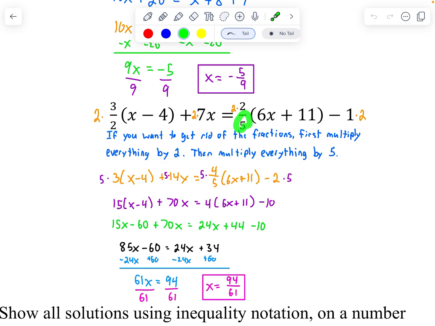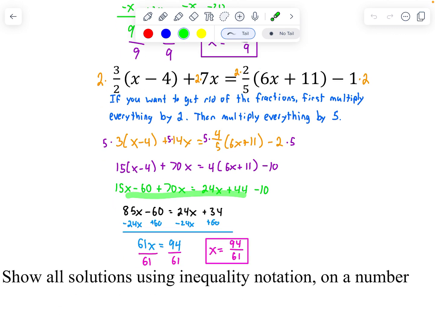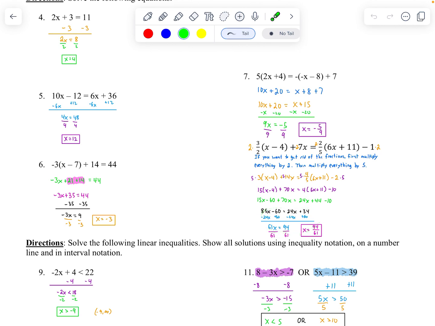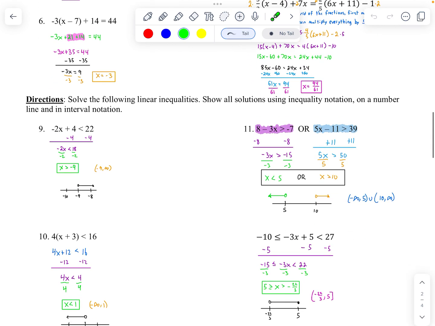Then I got to get rid of this 5, so then I multiply everything by 5. These 5s cancel, and then 5 times 3 became 15. 5 times 14 became 70. This just becomes 4 because the 5s cancel, and then that became 10. And then I'll just let you look at the work from there, but I combine like terms and then solve it from there. That's definitely the trickiest one right there on number 8. Number 9,